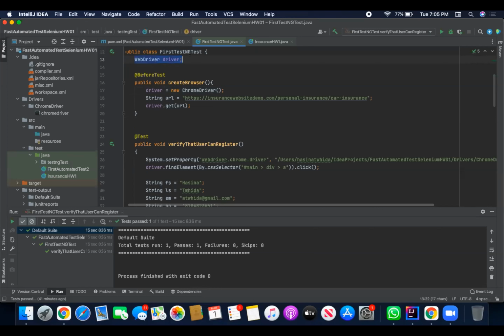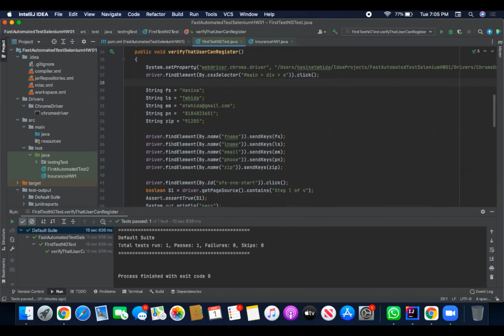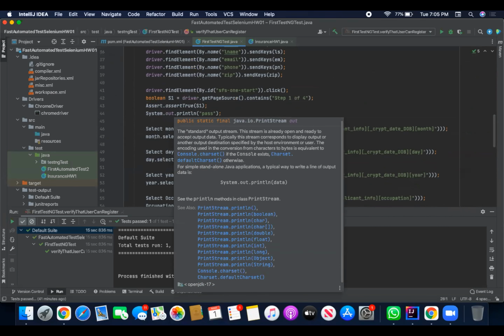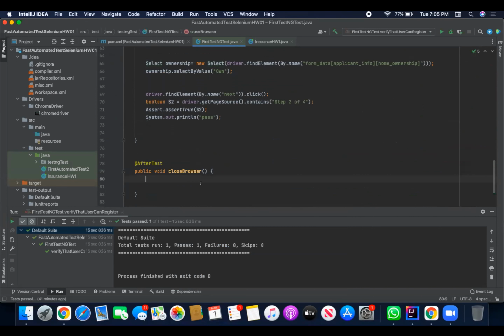So that means this one will run. Definitely. Before, I made a mistake, as you did with WebDriver and driver, equal to new ChromeDriver. That's my mistake. I understand right now. Yes. Now, let's say after the test, you want to go ahead and close the browser. So all you got to do is